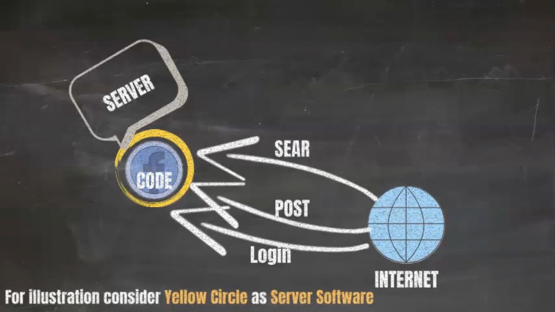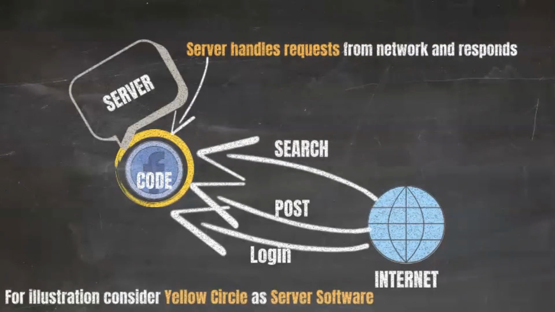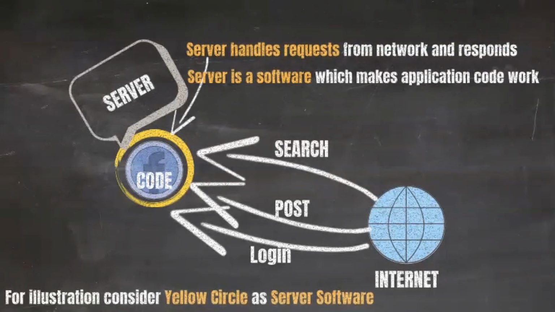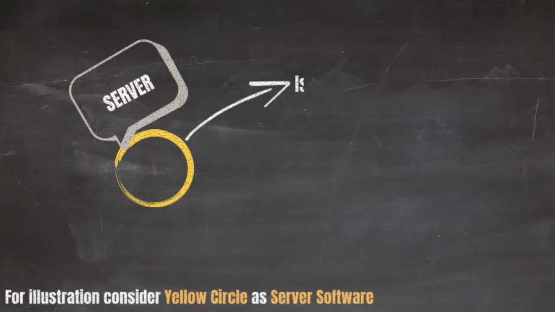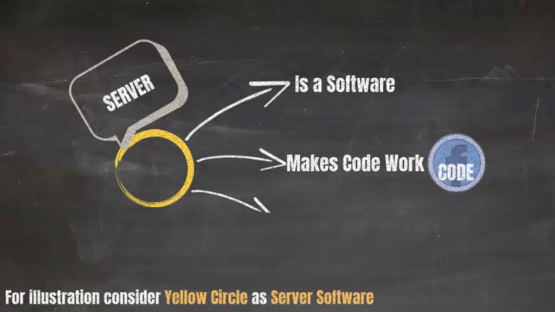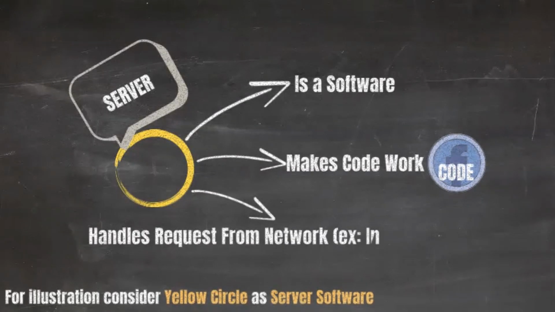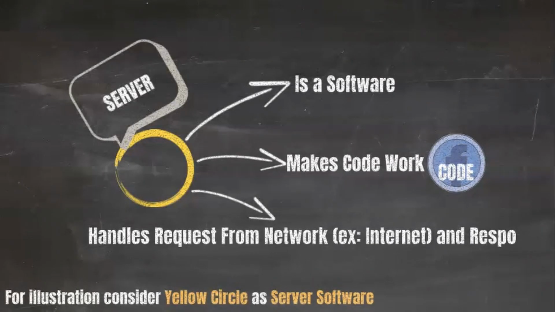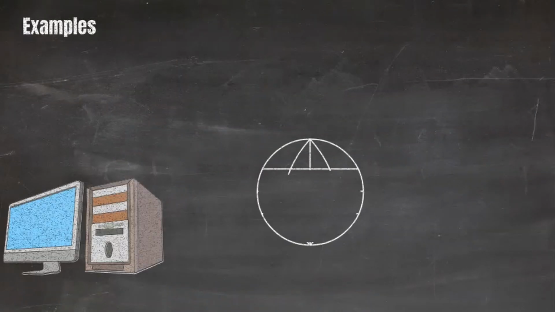There could be another request which is searching for a particular person on Facebook. Then there's a logic in the code which will give you the results of the search. So your server will route the request to the corresponding area in the code, and the server will also ensure your code runs. So a server is nothing but a software which ensures your application code is running, handles various requests coming from various sources, and responds to those requests with the correct response. We'll look at a few examples to understand server better.